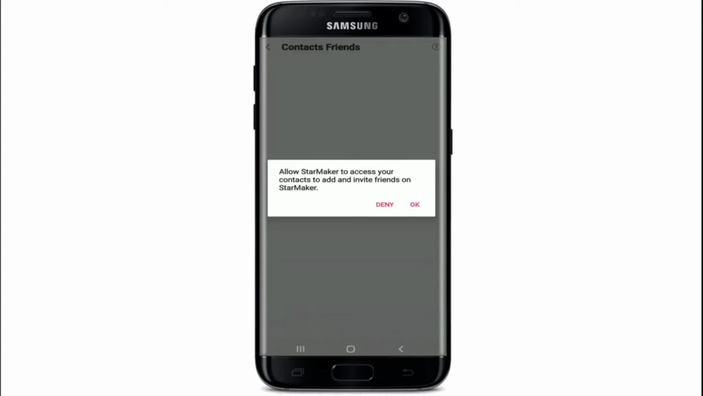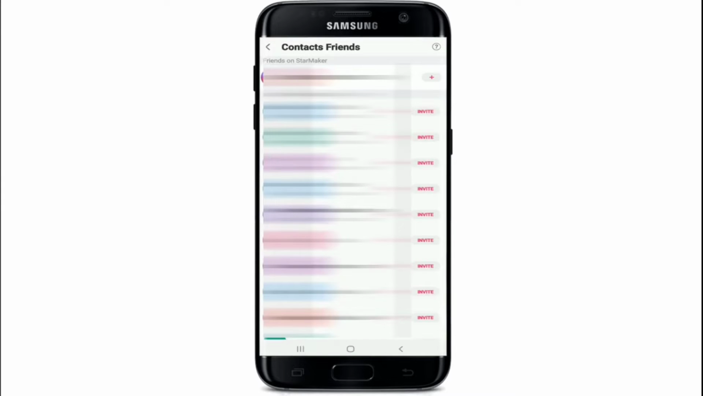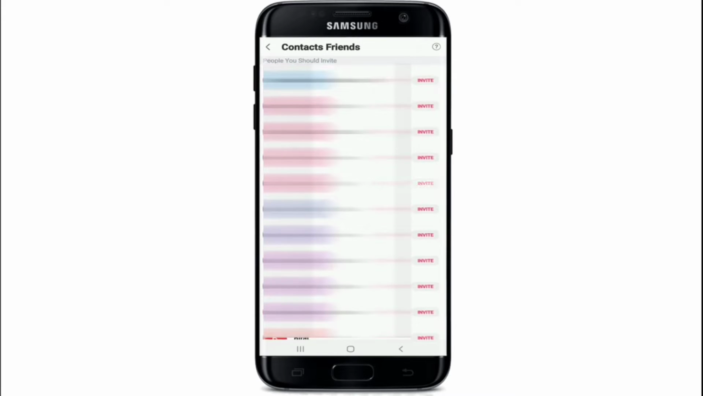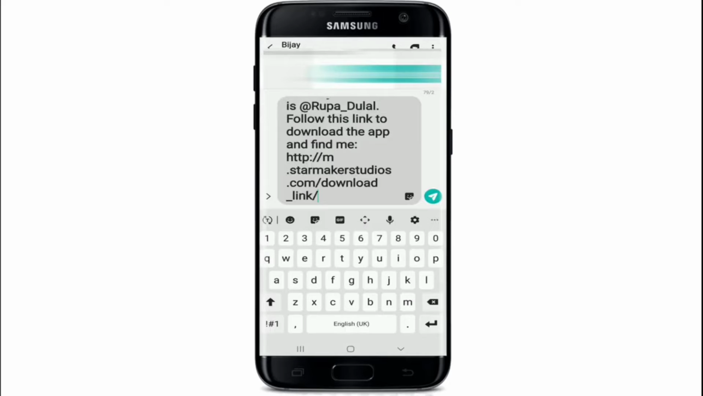You can tap on Contacts Friends and allow StarMaker to access your contacts by tapping on OK. And to add a person, tap on the plus button at the right corner of each contact. Your contact who doesn't have a StarMaker account yet can be invited to StarMaker. To do so, simply tap on Invite at the right corner of the contact's name. To invite them, tap on Invite, just like that, and the link will be sent to the contact you want